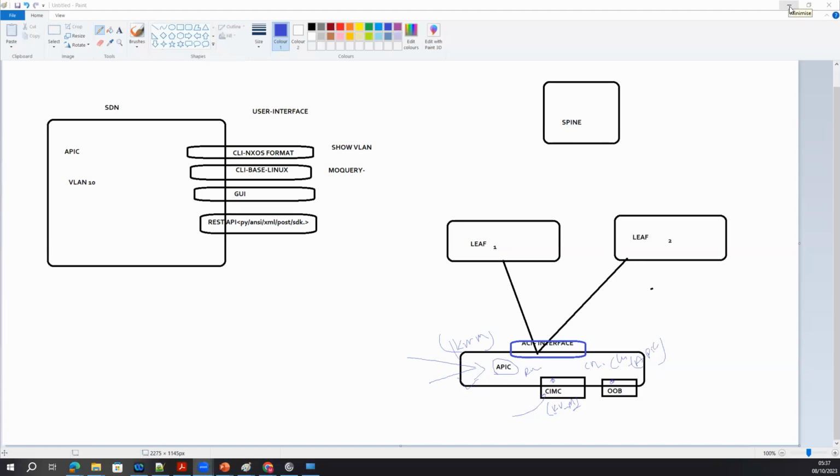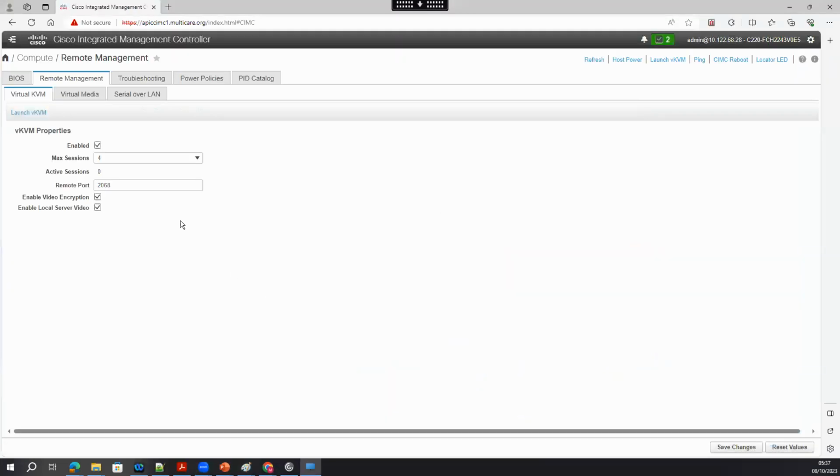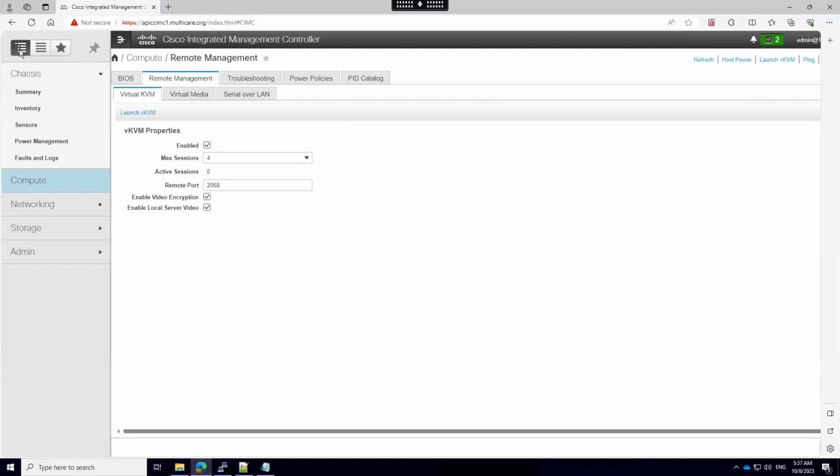Do I need to connect some pen drive or disk? No. There are two KVMs. One is Java. If your laptop supports Java, that's fine. Otherwise, HTML is also supported. So you do not need to worry about anything else. KVM is an inbuilt feature for these devices. You do not have to do anything. How you launch the KVM is the important thing.